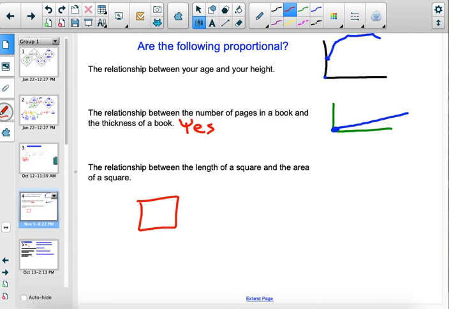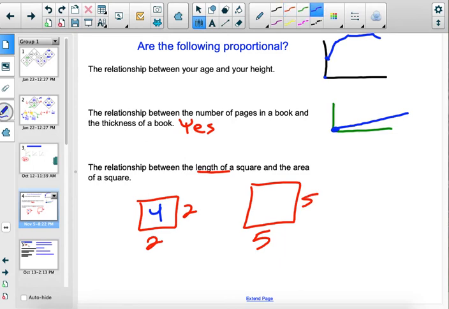Well, if the length of a square, let's say, is 2, the width would also be 2. What would the area of that be? So we have 4. Let's say we have another one. Give me another easy number to work with. 5. So we have 5 and 5. What would the area of this one be? 25. Area is length times width. I heard somebody say 3. What would that area be? 9. Alright, so I'm going to use this thing called a graphing calculator to see what's happening here.